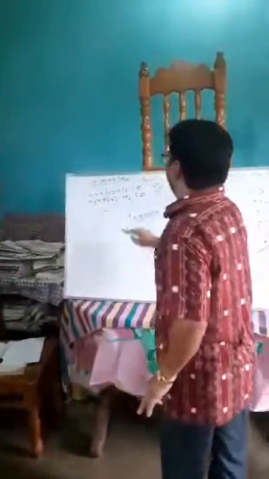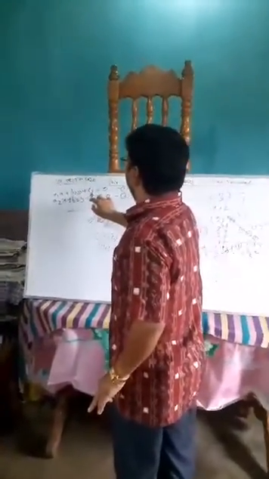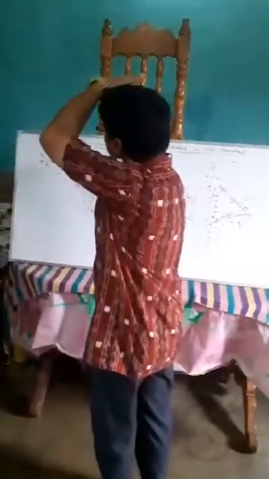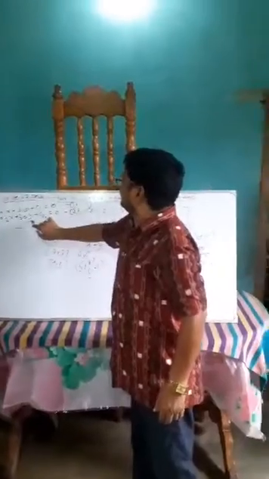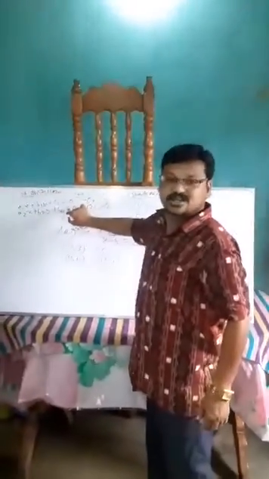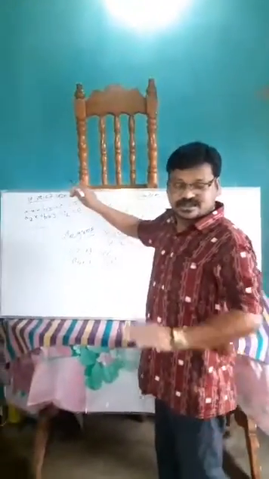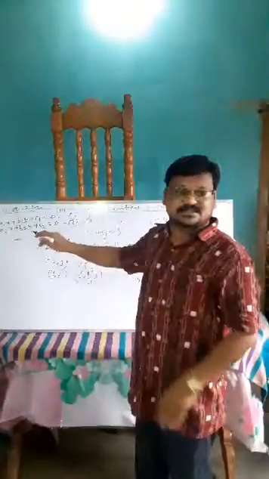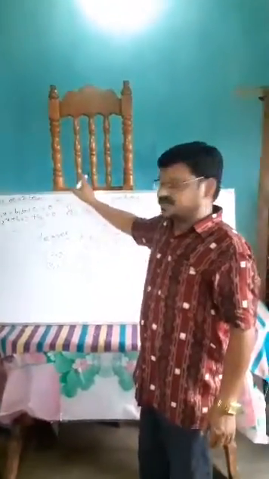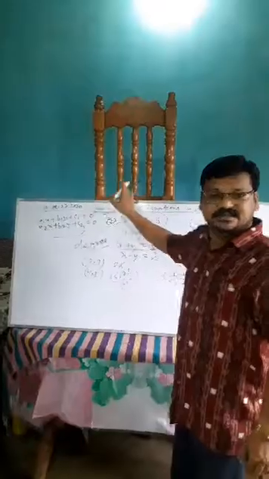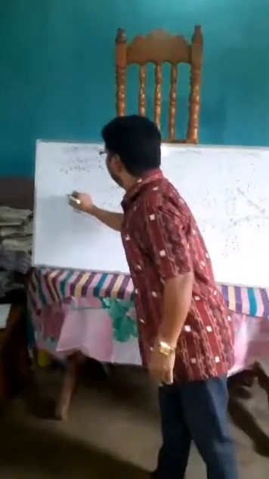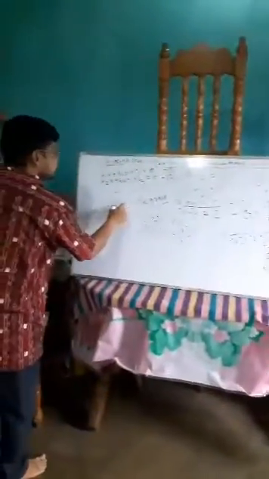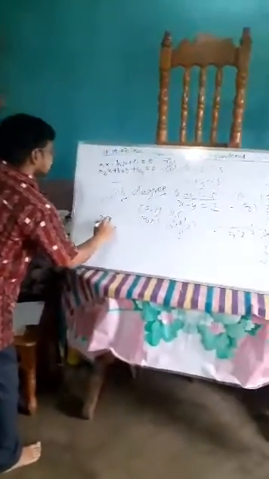Here a1, b1, c1 and a2, b2, c2: a1, b1, a2, b2 are the coefficients, and c1, c2 are the constants. Suppose in a pair of linear equations the constants are on the right-hand side, for example 2x plus 3y equal to 5. Here the constant term is on the RHS. So here we write 2x plus